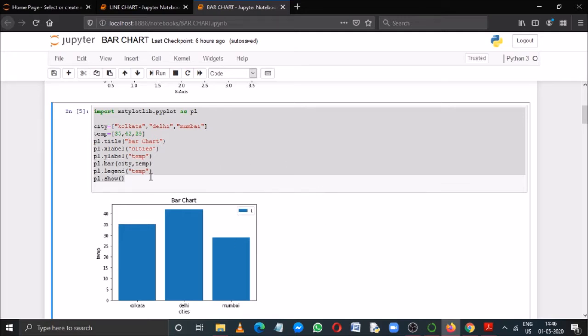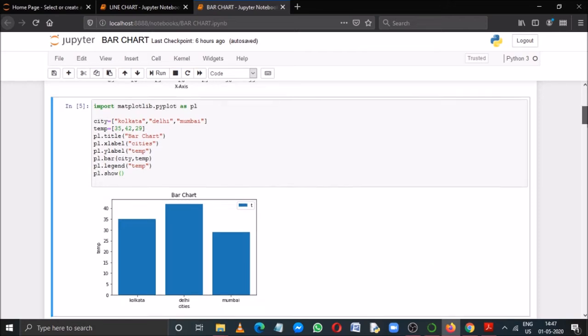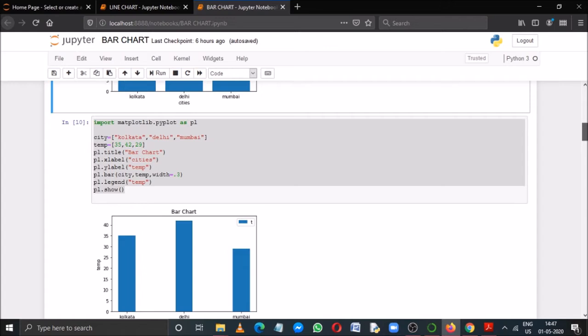And then I have used the legend function and at last I have used the show function. Now I'll come to the next program.